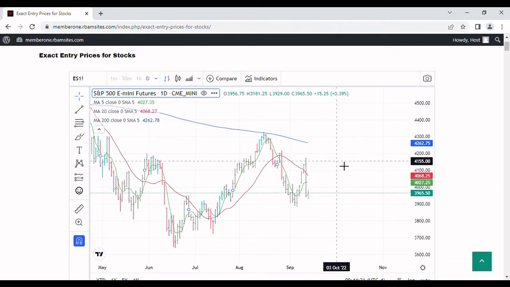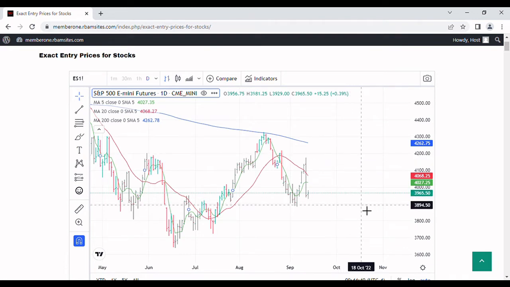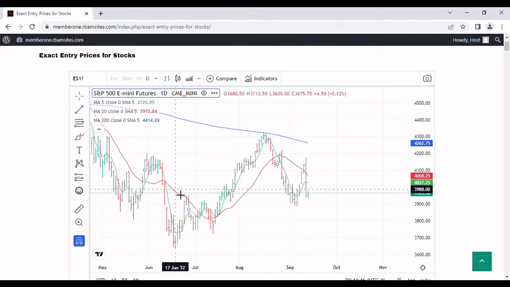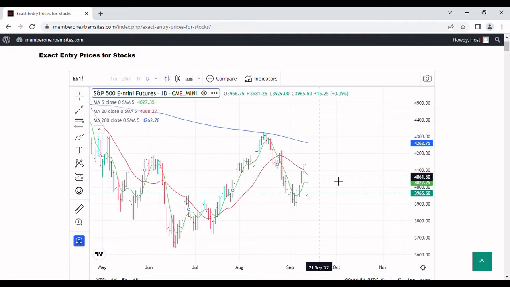I think we're going to have some range-bound trading in through here, between 4,200 and probably as low as 3,800, which is no big deal. It's still not approaching the lows made in June of 3,639. But I think we're going to have some range-bound trading here probably until the end of October,